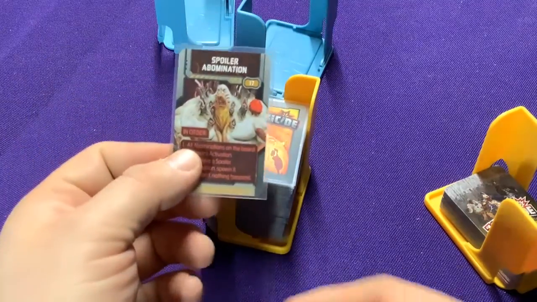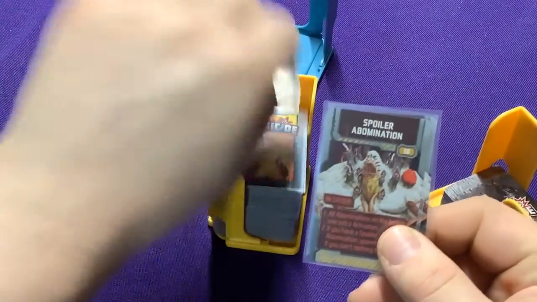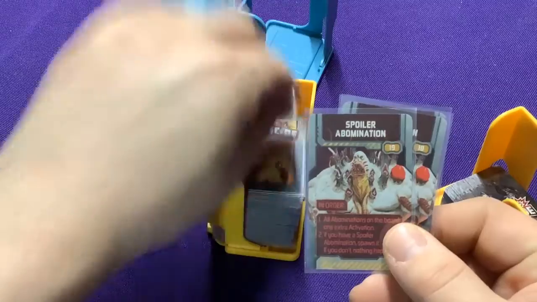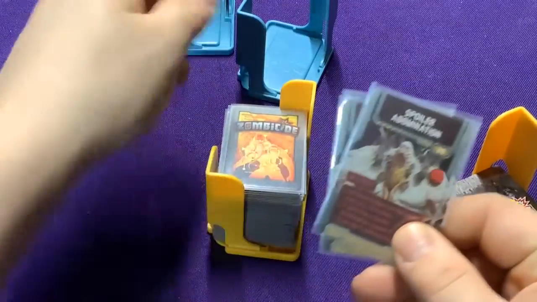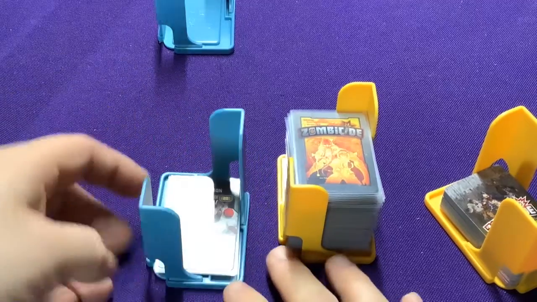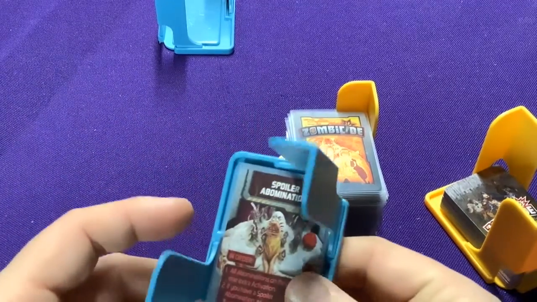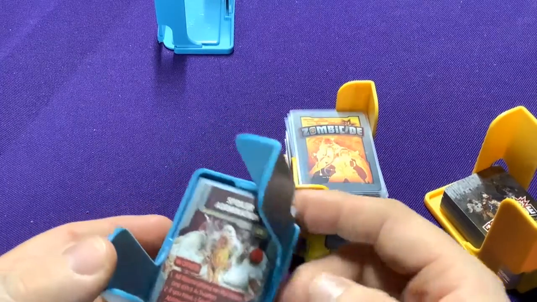I can easily pick up a card. Oh, I got a spoiler. Next one, I got another spoiler, because I didn't obviously shuffle these at all. But it makes it really easy to do it. And then this is my discard pile, you can start dropping them in there. Very easy. Even when you get down to the bottom here, it's not terribly hard to get them out